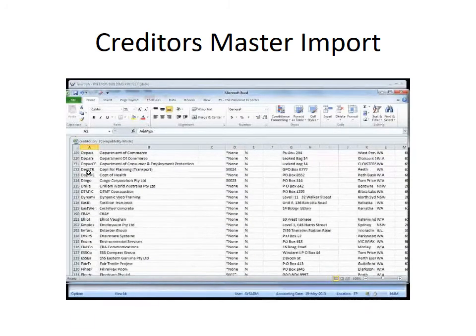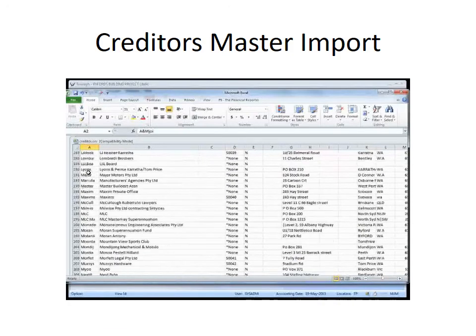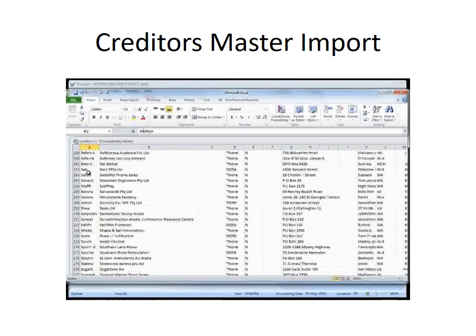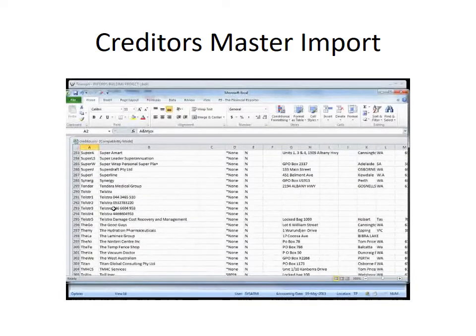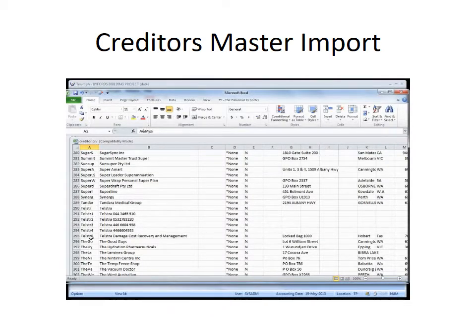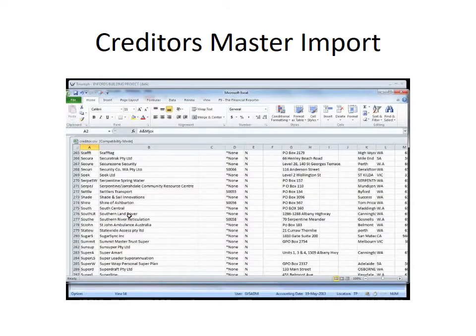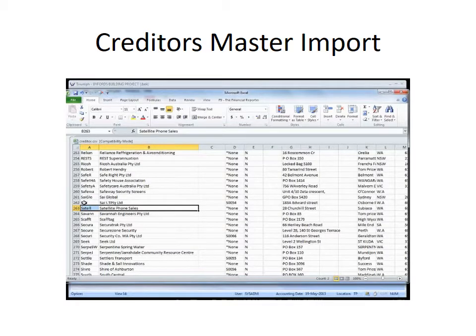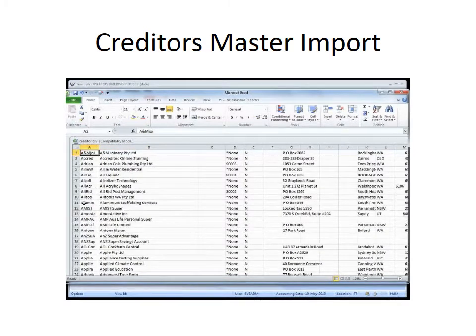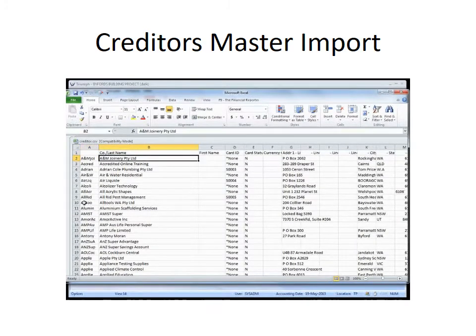So something that was a bit different when I pre-created this one is I come down to Telstra. You'll see I have lots and lots of Telstras, and I've just gone with Telstra 1, 2, 3, 4, 5 rather than using the alphanumeric just to make it easy. But then what we need to do is then go through and match up